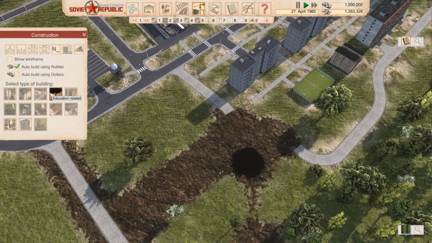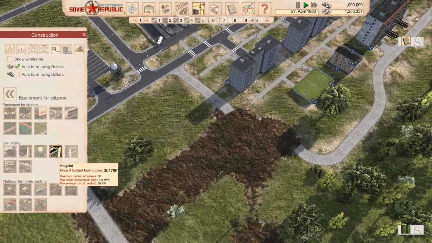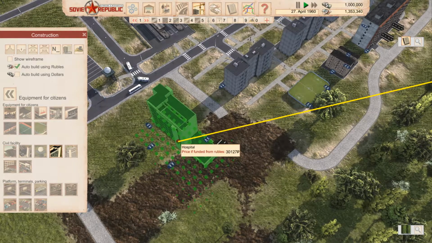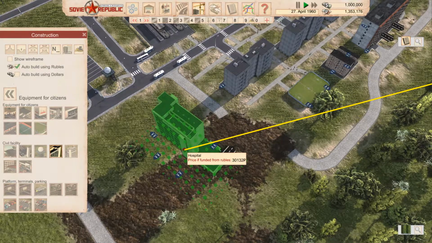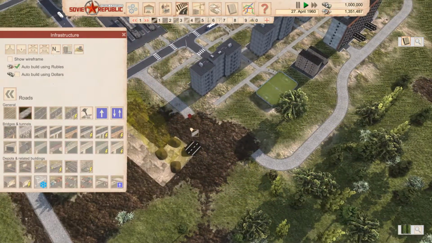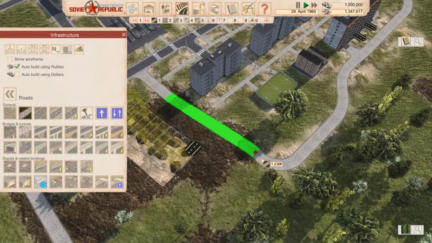Oh jeez, why do I always click on residential things? It's buildings for citizens. Let's build a hospital first. I think here is quite nice. Leave a little bit of space. Like so is good. Okay. I'm gonna remove a little bit of road. So,